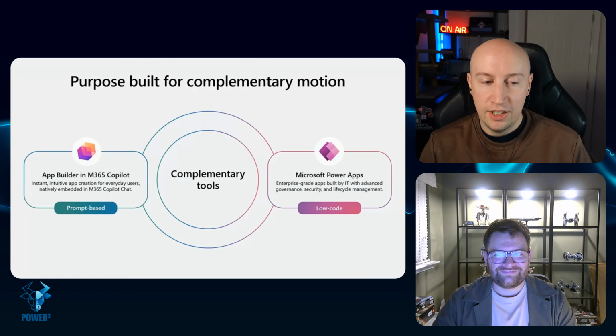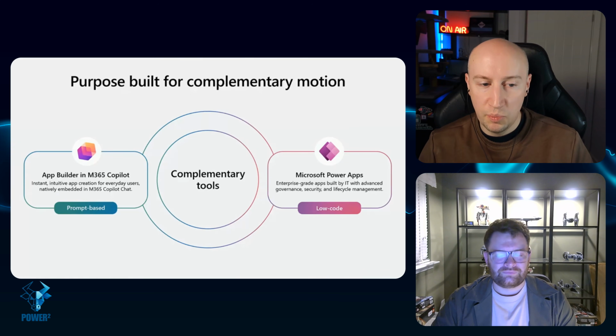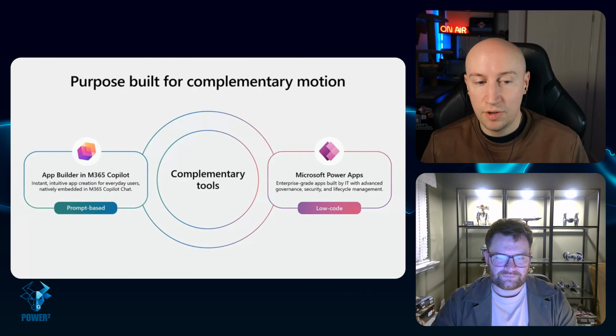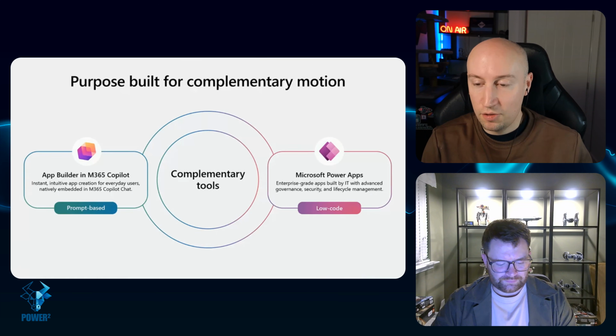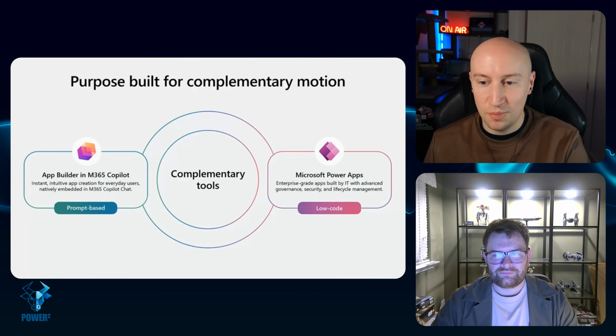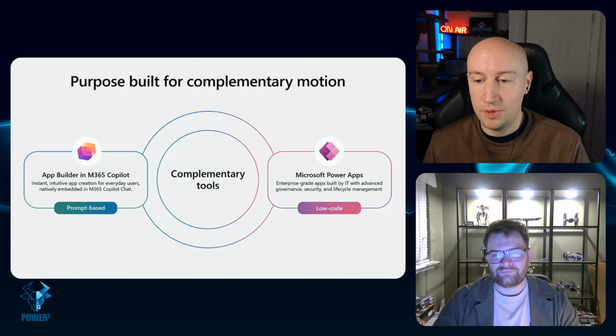There's this other screenshot that I took, which helps to show things a little bit potentially, which is like the App Builder is prompt based. It's like simple apps. It's embedded in Microsoft 365 Copilot chat, which is also an important thing. So you're not going to be deploying these to different areas. This is in Microsoft 365 Copilot chat, and that's it. And we're not talking about having a development version, a test version, and production version. No, there's one version. These are really simple, should not be for anything important. If it's important, go the Power Apps route or beyond.